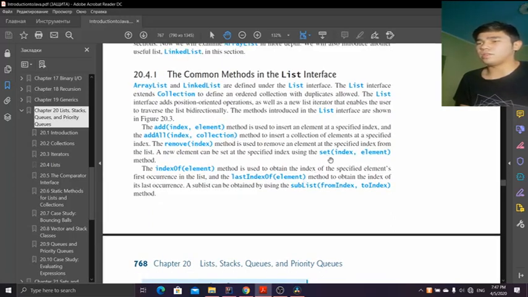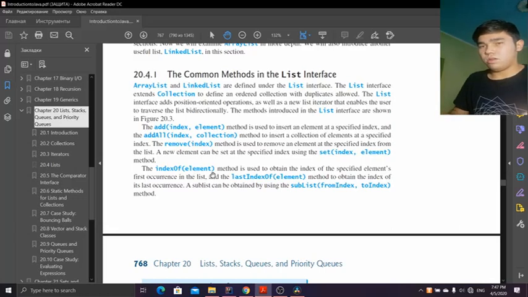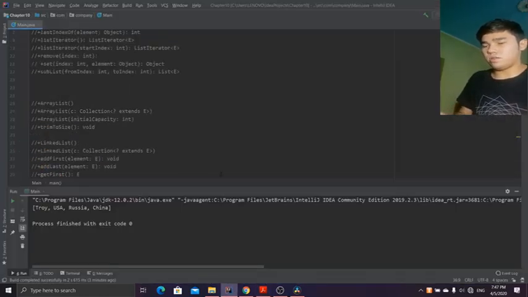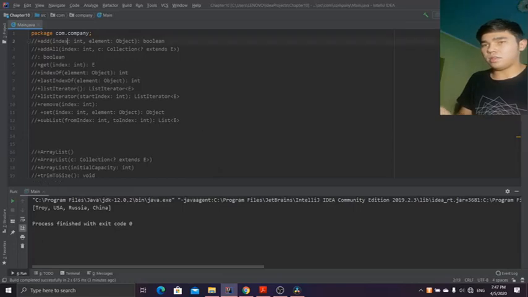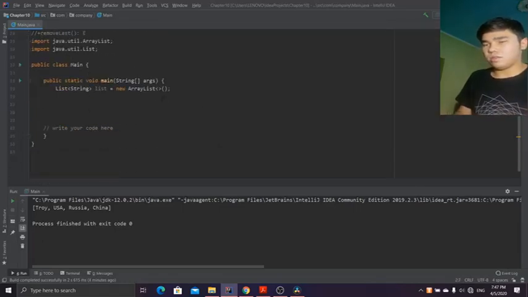remove, set a specified element, to get the index of specified element and the last index. I will show you how the methods work. First, add. First we created